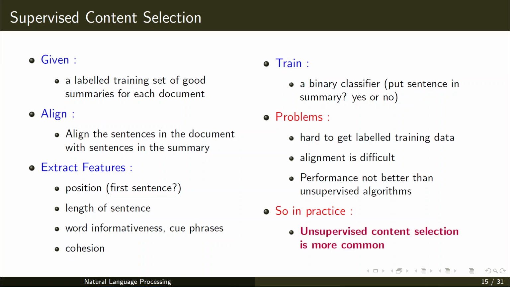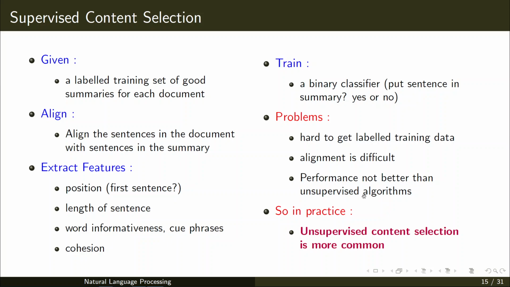The problem with supervised content selection is that it's hard to get labeled training data, that is one difficulty, and the alignment is also difficult. The main important problem with supervised content selection is that the performance is not at all better than the unsupervised algorithm.